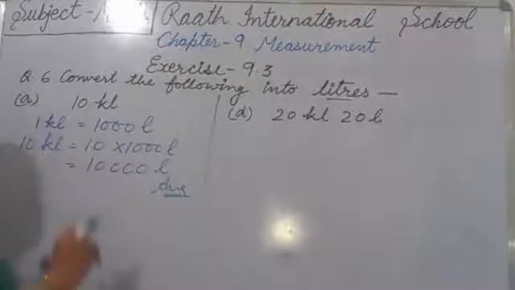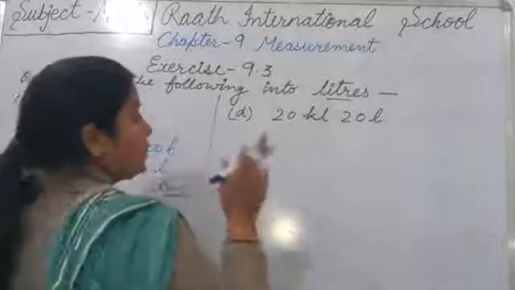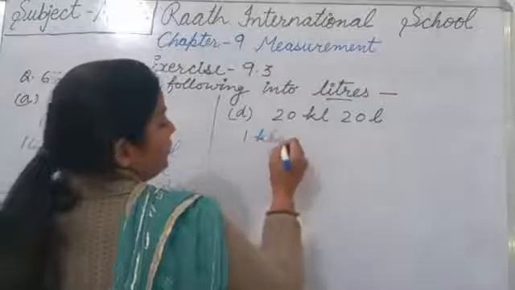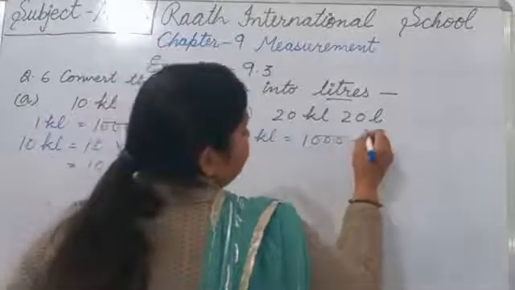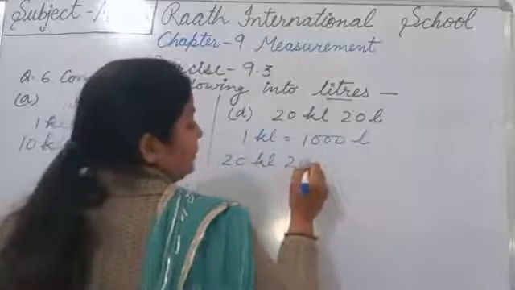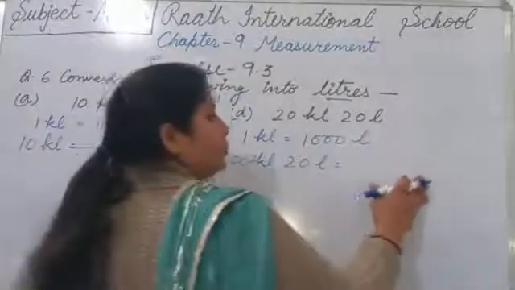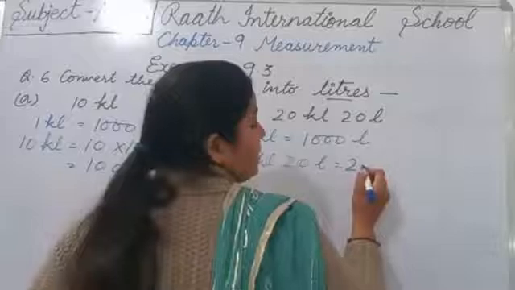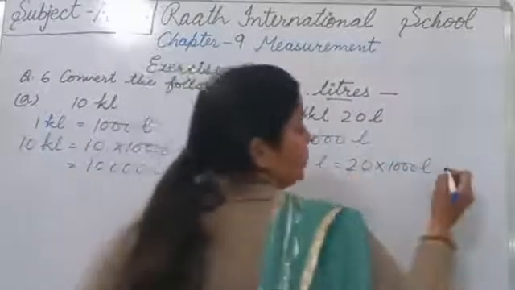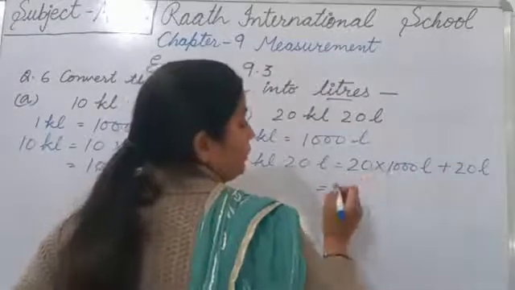Now B part is the same as A, and C part is the same as D. So that you will do yourself. Now D part, 20 kiloliter 20 liter. So 1 kiloliter equals 1000 liter. Now 20 kiloliter, 20 liter. So first of all, 20 kiloliter we convert into liter. So 20 multiplied by 1000. Now it's become liter. Plus 20 is already liter. So now 20 multiplied by 1000 is 20,000